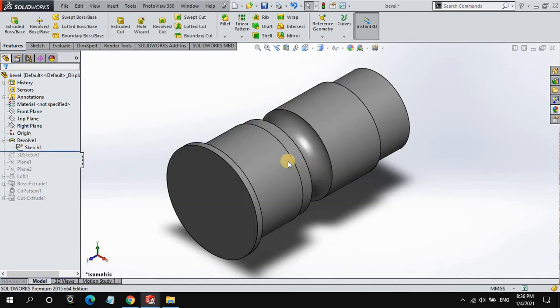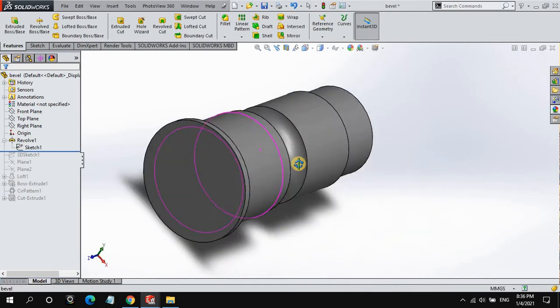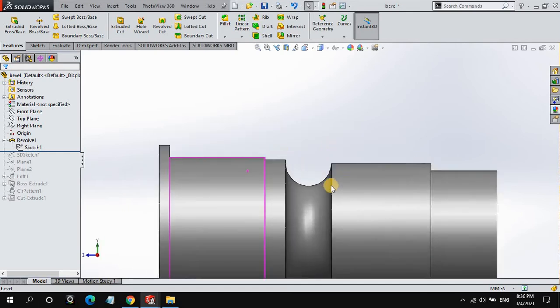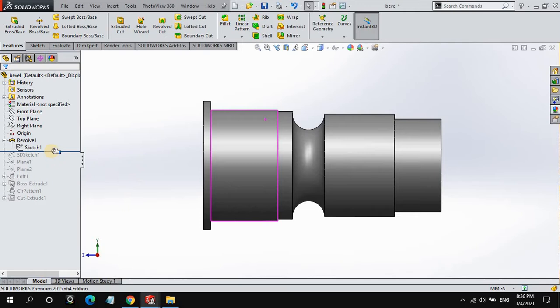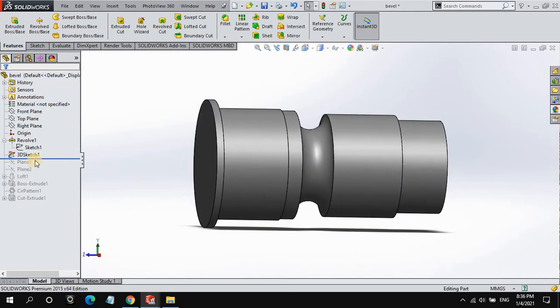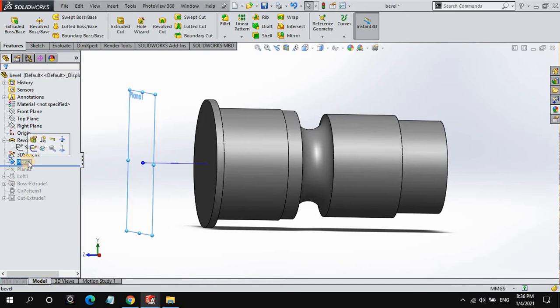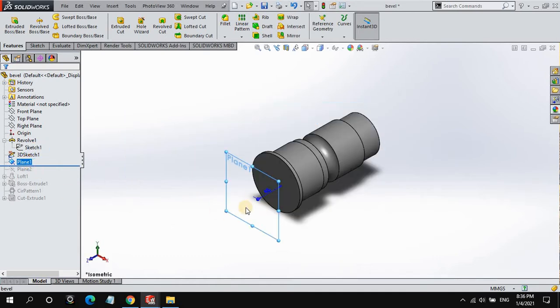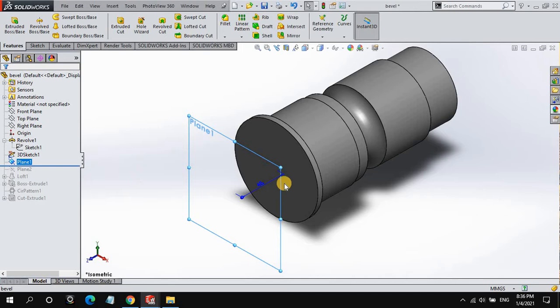This type of structure is created here. After this structure is created, select the plane from here. See, the plane here is at 45 mm.